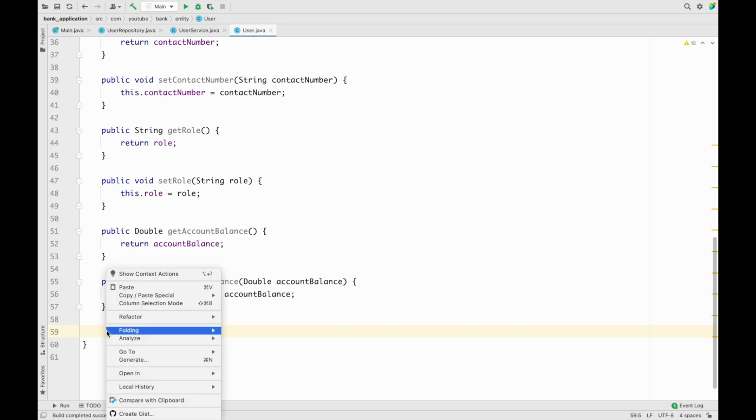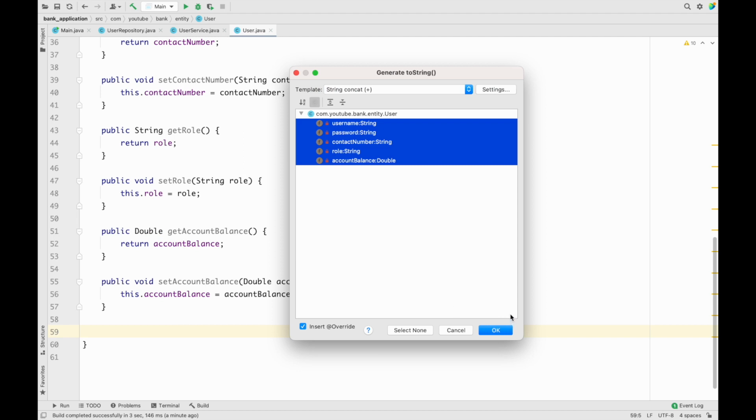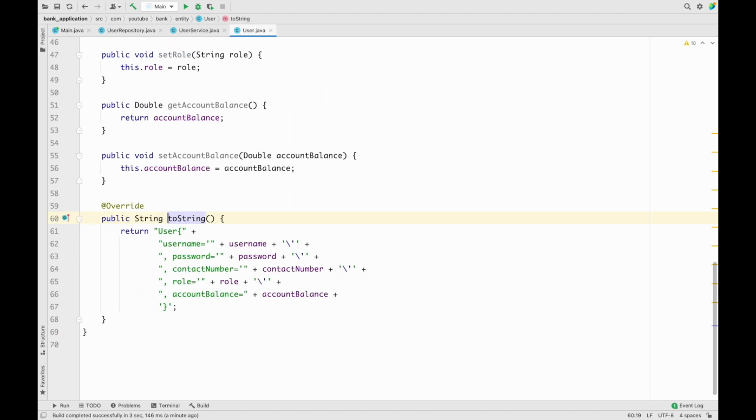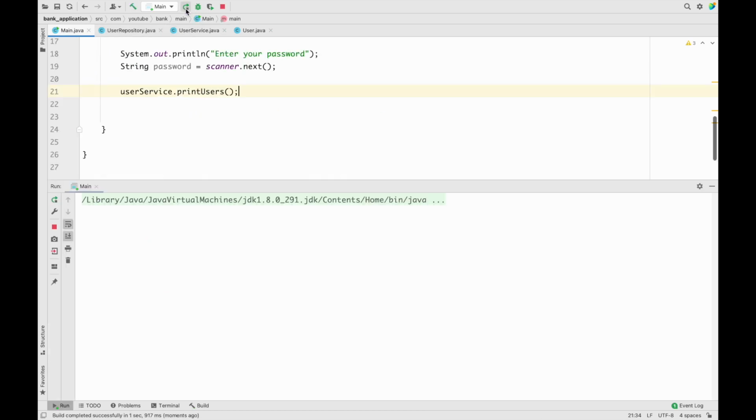So let me just right click and generate a toString method. Let me select all the variables and click on OK over here. Now whenever we implement or override a toString method, it will give you the string representation of your object, and that is the reason that now, whenever we run the application, we will be able to get data